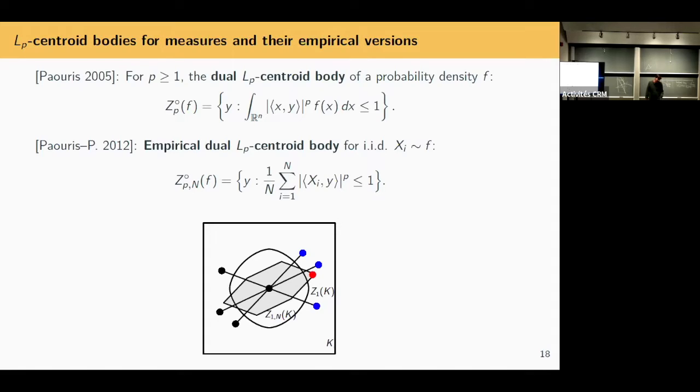Okay, so once you have this probabilistic view, it's also very natural to attach a kind of empirical analog. The body itself is defined using an L^p norm. It's a true average, an L^p integral with respect to this measure. You could also attach an empirical analog, which says take n random points according to your density. Maybe you have a convex body and you just sample n points. What would be the natural empirical definition of a centroid body? I'm not going to integrate. I'm just going to average these linear functionals at this point u. So I have n random vectors in a convex set, and instead of the true average, I work with the empirical average.